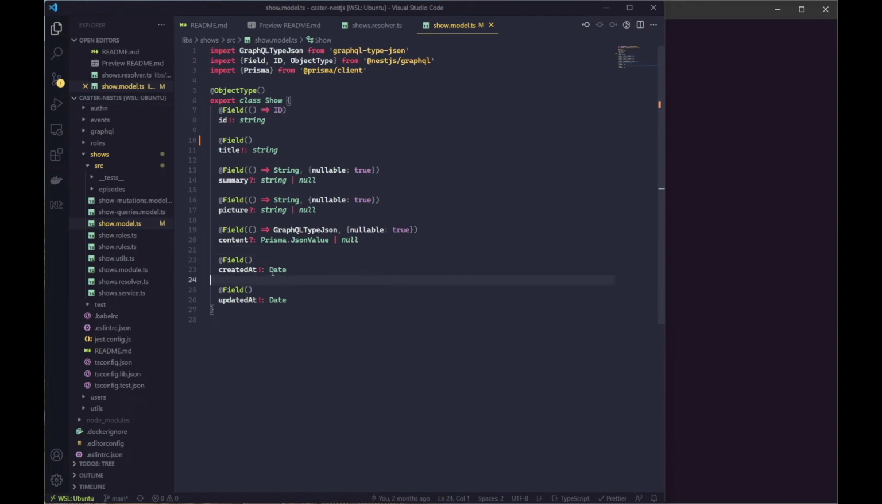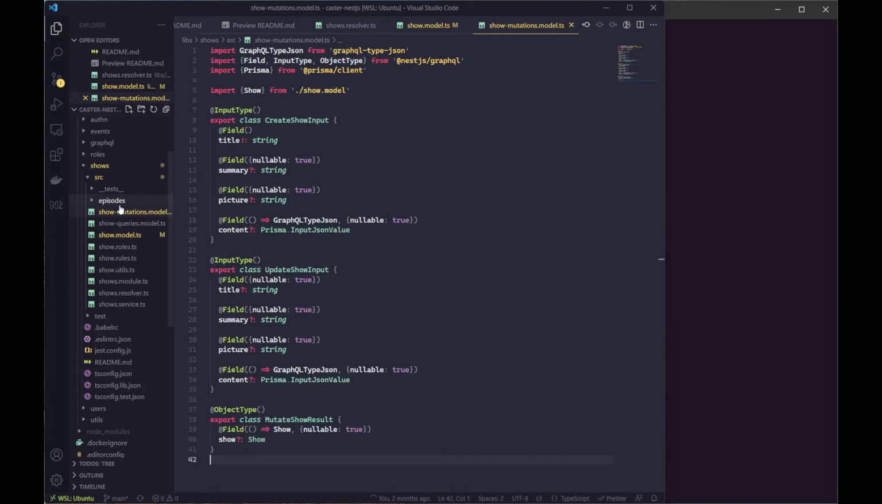But with your input types, so like here's my input type for create show input, update show input, a recent change to Prisma actually made this a lot easier to manage. You don't have to do the crazy null things that I was doing. So you can see my title, I'm not specifically passing in the type. And then my nullable fields, I'm just passing in the fact that they're nullable,